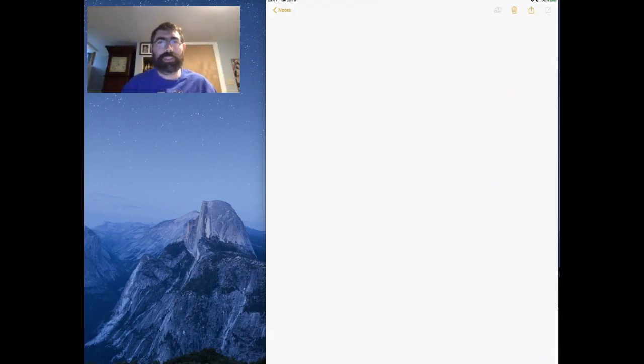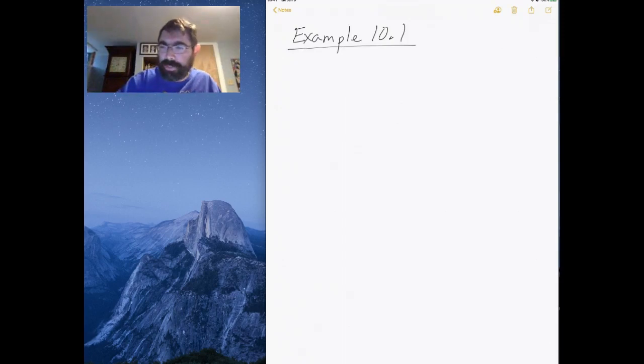Okay, in this lecture, what we're going to do is go over an example out of the book, the first example in chapter 10. So we are going to review example 10.1. What 10.1 says is that we want to find the charge and the current